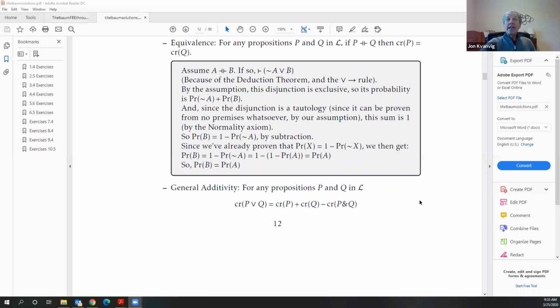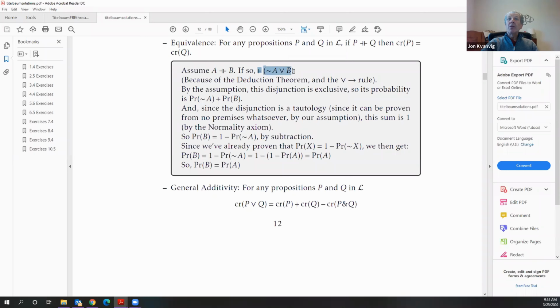We're jumping straight now to the equivalence claim that I said we needed, or we didn't need it, but we used it to prove the last theorem that we were talking about, that all contradictions have a probability of 0. So let's talk about equivalence. Take any two propositions that are equivalent, then their credence has to be the same. So start out assuming that the two are equivalent. If so,